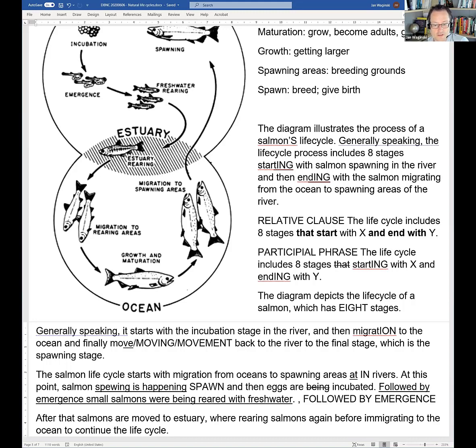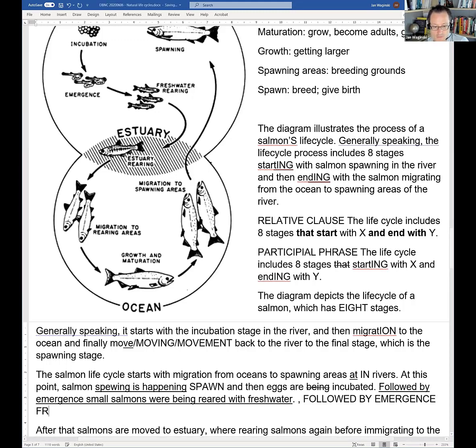No, followed by emergence from their eggs. You could do followed by emergence from their eggs. Could do that. This step is followed by emergence from their eggs. Okay. Or the other way we could do it is